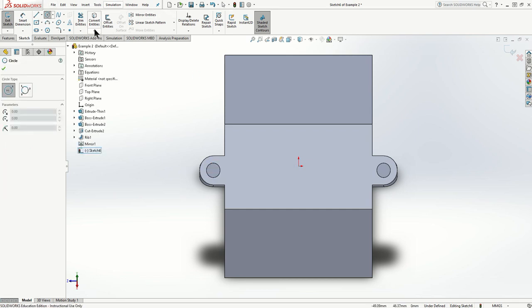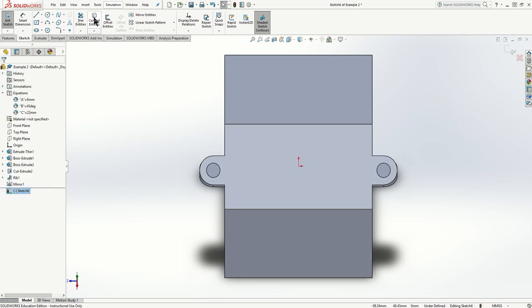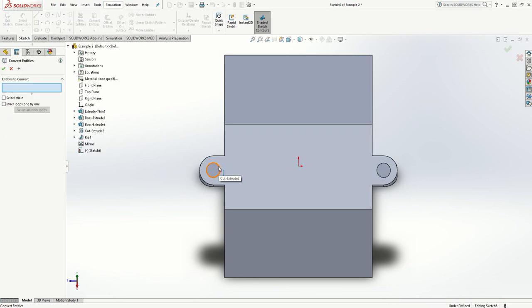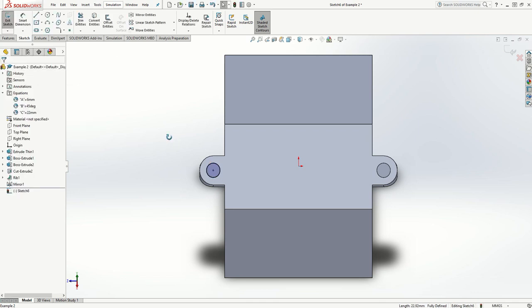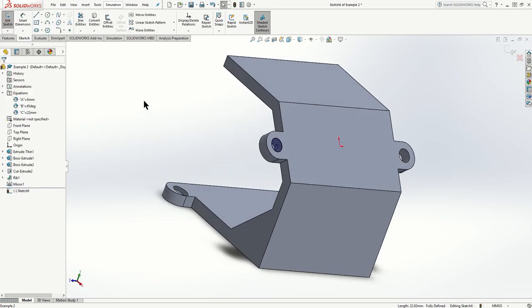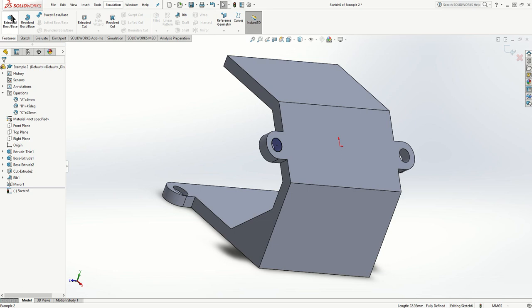I could also just use convert entities. I'll do that instead, actually. Instead of making a circle, convert entities, and we're going to click on the circle that we just have here and press OK. And we're on the top of that face. We're going to now do the extrude,